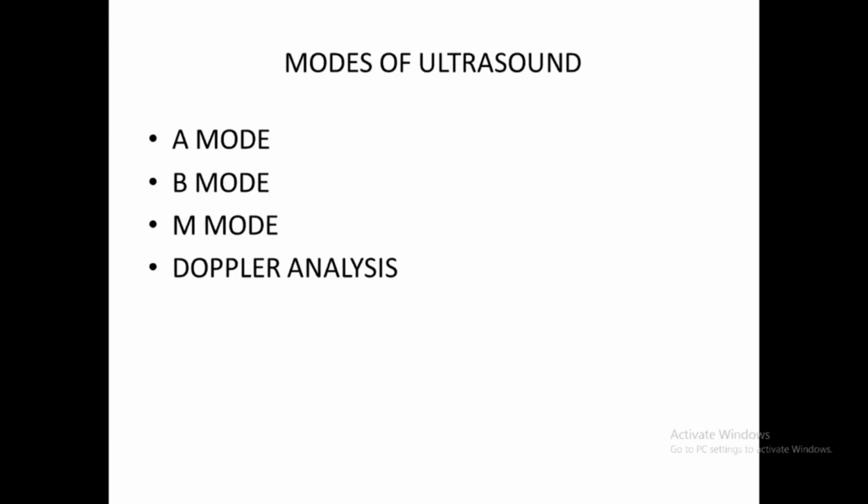So what we can depict from M mode is, for example, if the patient is going to have an arrhythmia, or if the patient is undergoing a heart attack, or if there is a blood clot, we can view it through echocardiography with ultrasound, and that is widely done with the help of M mode. Okay, so the last one is Doppler analysis.